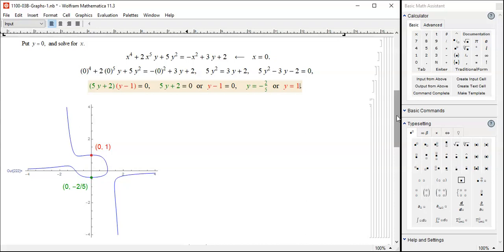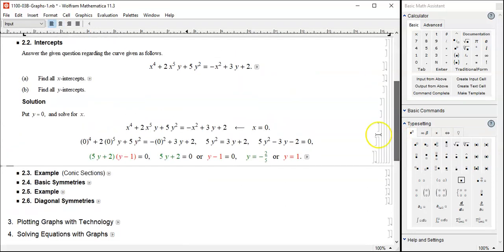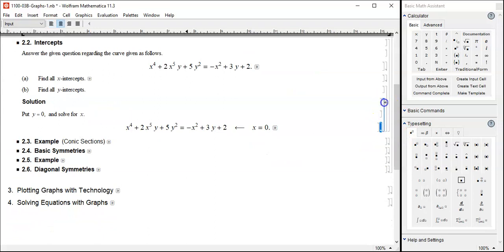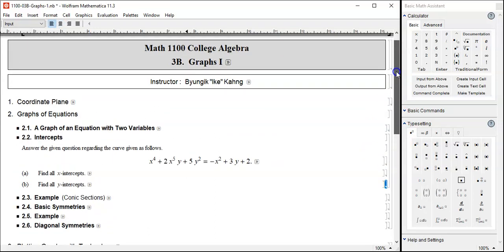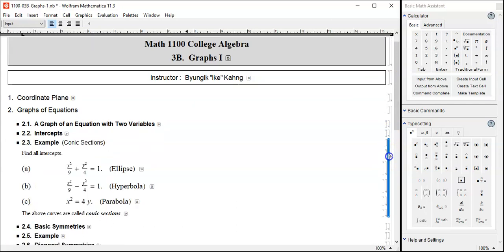So how do you find intercepts? Looking for x-intercepts, plug in y equal to 0 and solve for x. Looking for y-intercepts, plug in x equal to 0 and solve for y. In any case, you may have to solve some polynomial equation, especially a quadratic equation or any version of it. Okay, now that we went through some example problems, can you do these? Find all intercepts